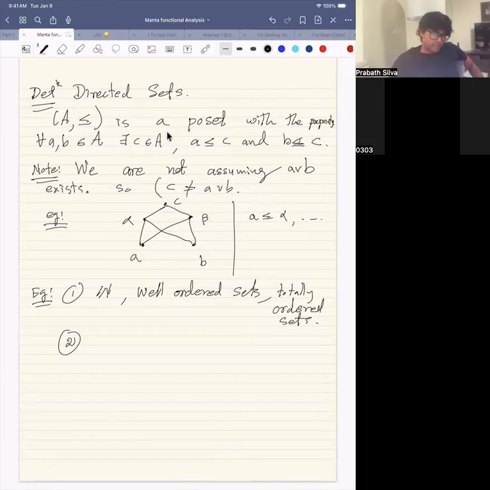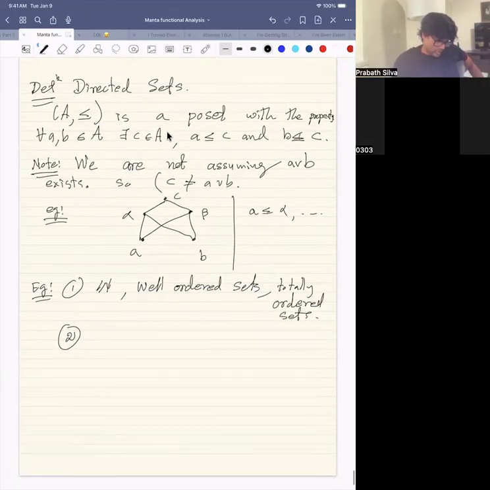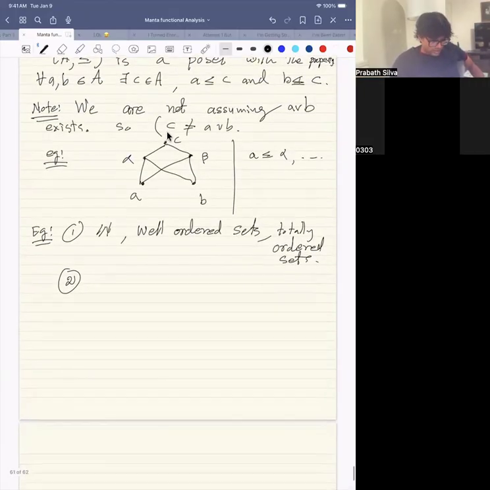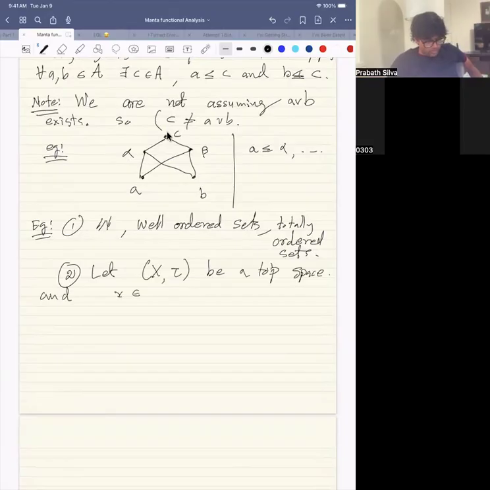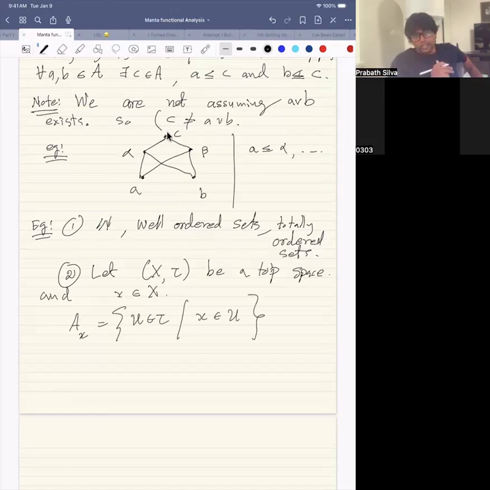Now, the example here: let (X, tau) be a topological space, and we take a point x in capital X. Then you have A of x, which is the set of U in tau such that x is in U. Okay, so these are the